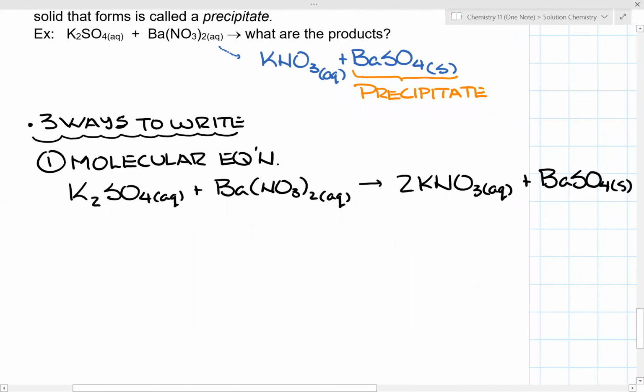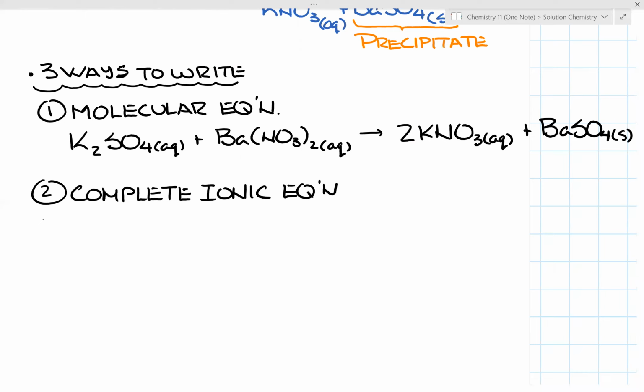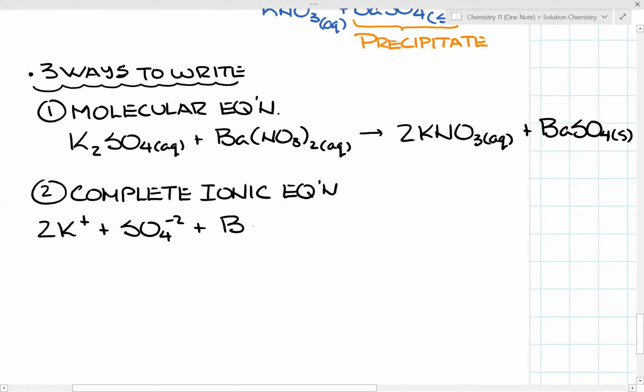Okay. That's called the molecular equation. We've done this a lot. Now the second one is called the complete ionic equation. So what would be the complete ionic equation? It would be breaking apart all the substances into their ions because they're all ionic solids. So what I would have is 2K+ and SO4 2- ions plus Ba2+ and 2 NO3- ions giving us 2K+ and 2 NO3- ions